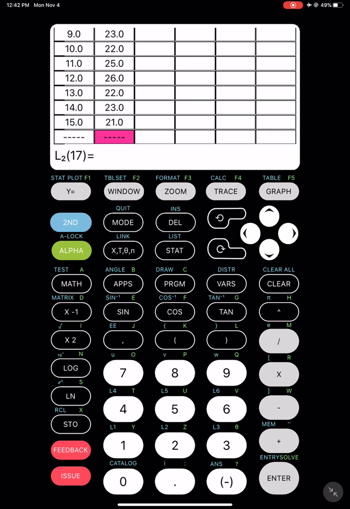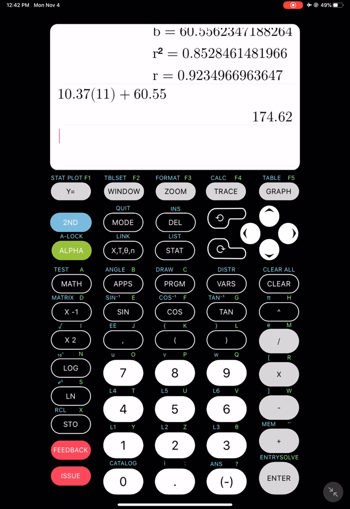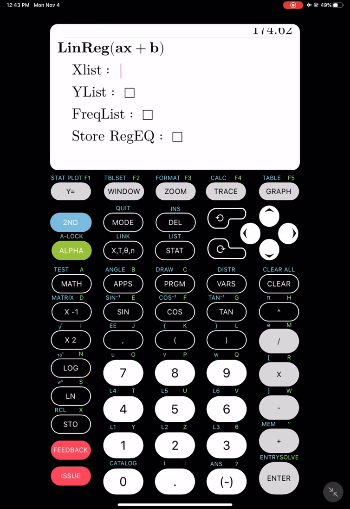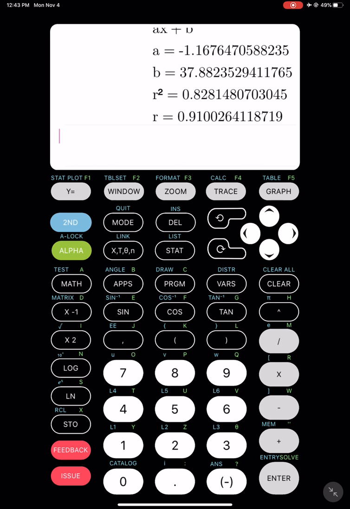All right, then we're going to get out of that. We're going to go back to stat, but now we're going to calculate the linear regression. L1, L2. Again, yours should already say these things. Okay, so we have an A value or a slope, an M, of negative 1.167, a B value or y-intercept of 37.88, an R squared we don't care about, but an R value of